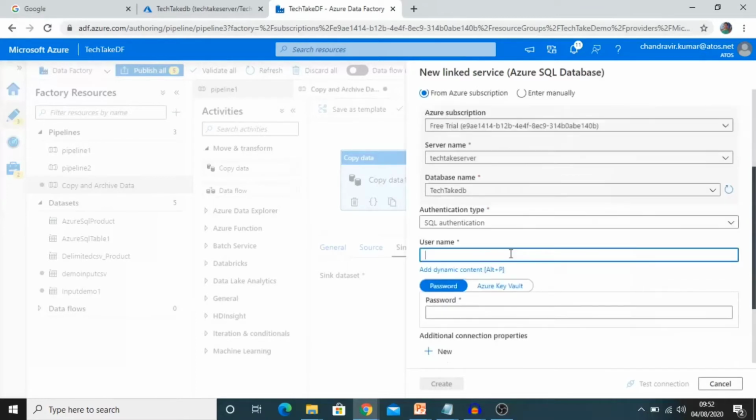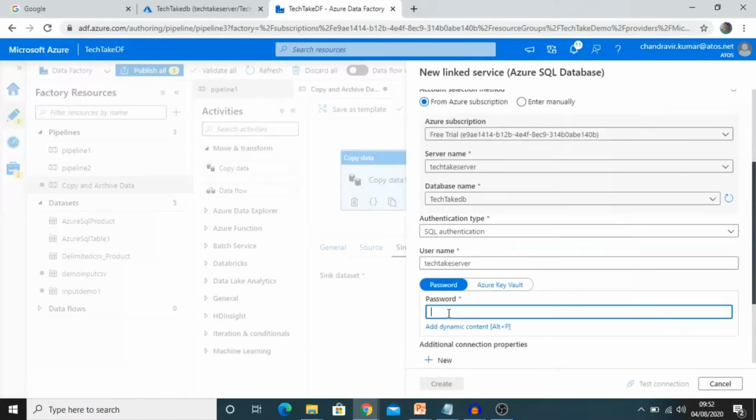This time we are not creating any parameters for either linked services or datasets. Just put the password and hit the create button. We can test the connection also. We have the option for test connection. For now let's just create.